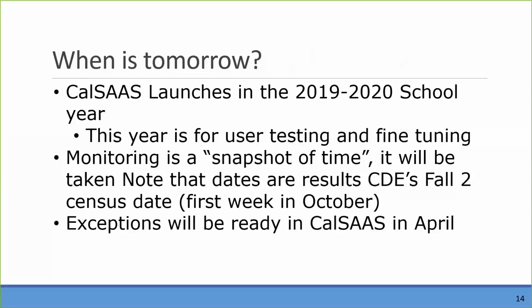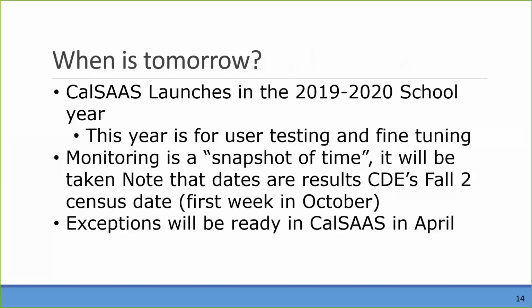So what about that? Well, the thing about the snapshot in time is that if an application is submitted with the requested issuance date of, let's say, September 1st, that application may take up to 50 days to be processed, but the actual issuance date for that document will still be that September 1st date that was requested. So when we pull the credential data, it's not about the date that the application was granted. It's about what the issuance date is of that document. So that September 1st date is still used as the issuance date for determining if an individual held the credential or didn't hold the credential on that Fall 2 census date.